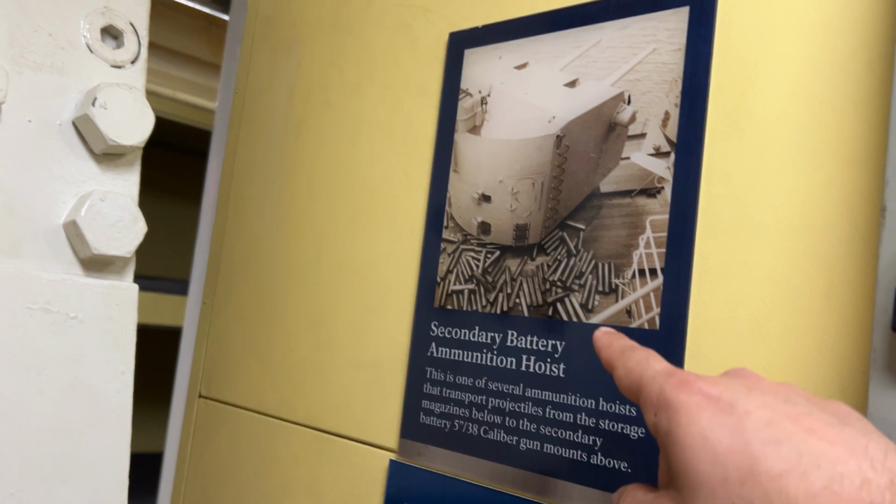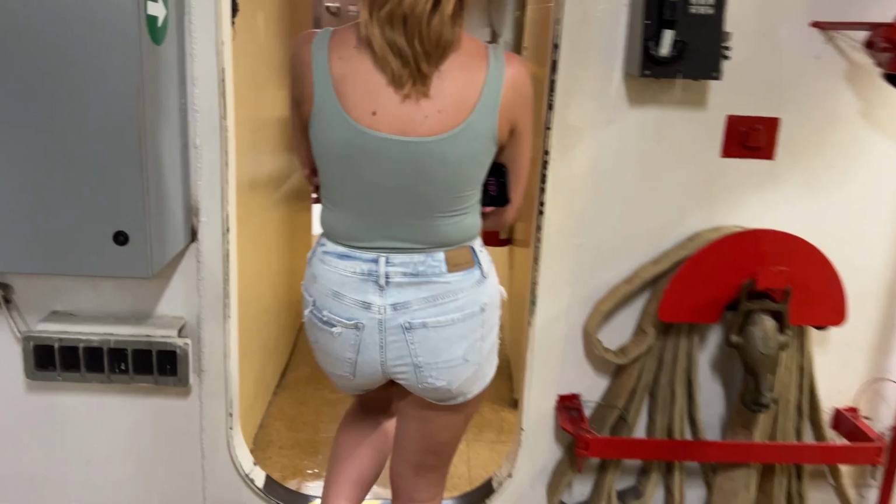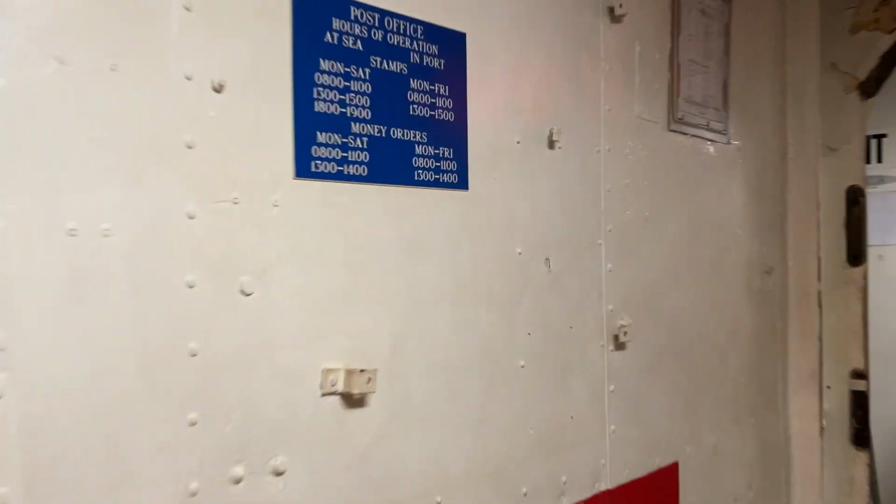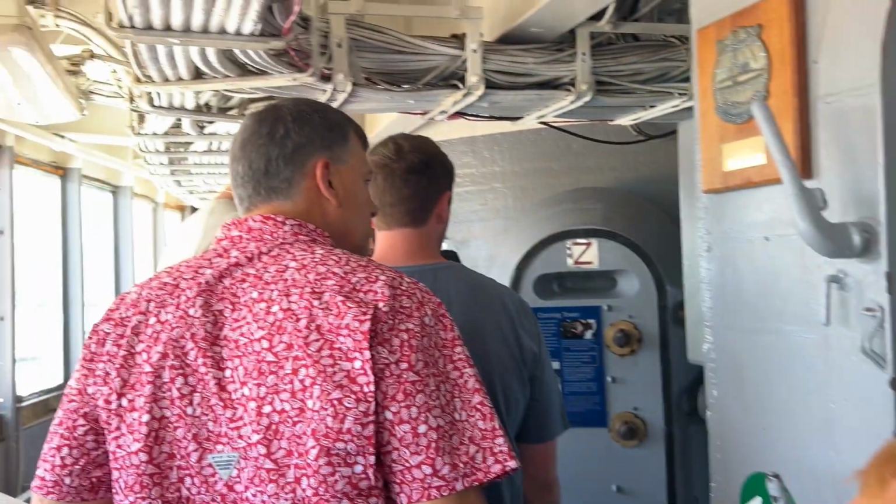up on top. You can see here, spent shells. You slide them in here, raise them up. Pretty cool. Here's the post office on the ship. I'm sure this is popular. People sending and receiving letters. Nice. So this is inside of the